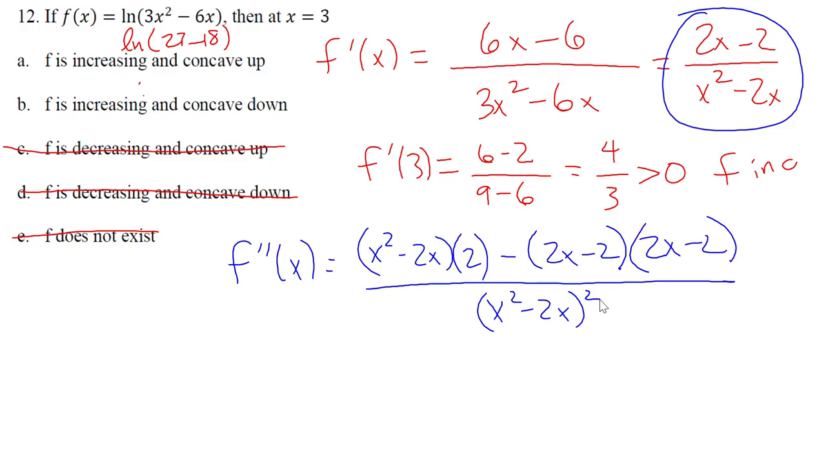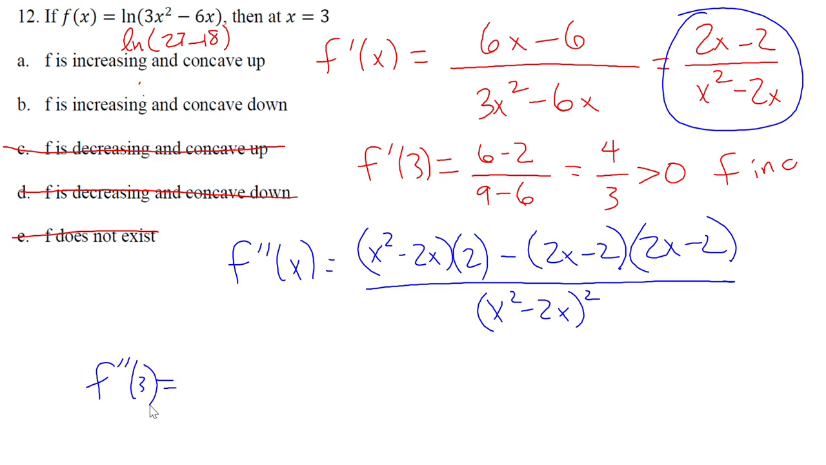And I don't really need to worry about that denominator, because I know that if I evaluate x squared minus 2x and then squared, I'm going to get a positive number as long as x squared minus 2x doesn't equal 0, which if we plug 3 into that, it's 9 minus 6, which is 3. So that denominator is going to be positive. So we end up with